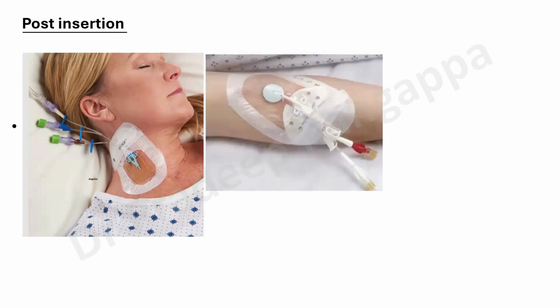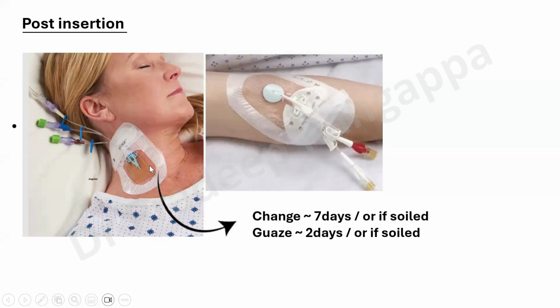And in places where your CRBSI rates are more than 4 per thousand catheter days, it is advised that you can use a chlorhexidine sponge at the insertion site. Some small studies have shown that it reduces colonization. And these dressings have to be changed every 7 days, or if they get soiled, if there is any blood